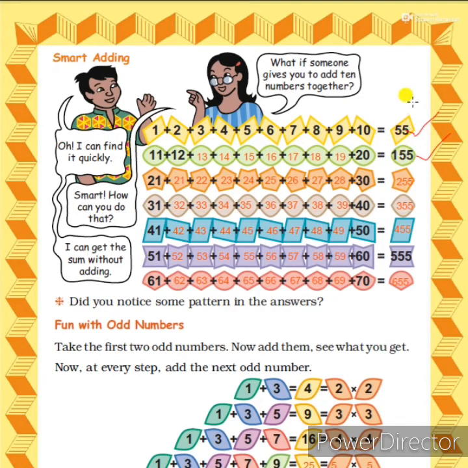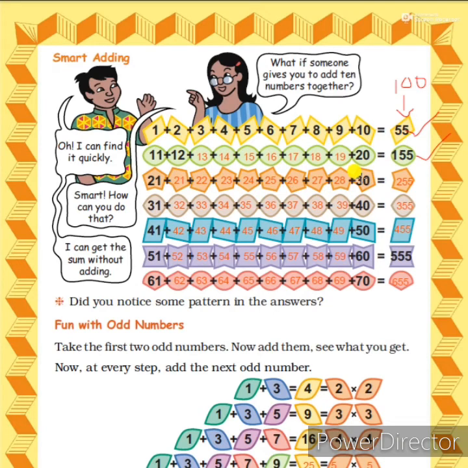155 minus 55 equals 100. There is a difference of 100 in these two consecutive numbers. So the next line also is increasing by 10 in each box. That means 10 tens are 100. 11 to 21 means 10 increasing. In this way, in the full line, adding 10 tens, the numbers are increasing in every box.